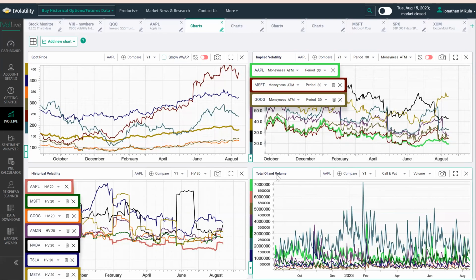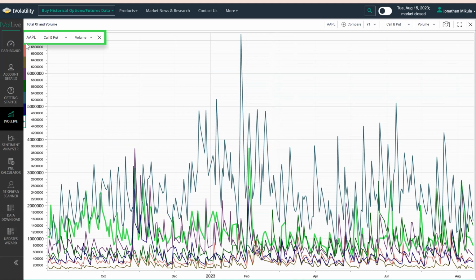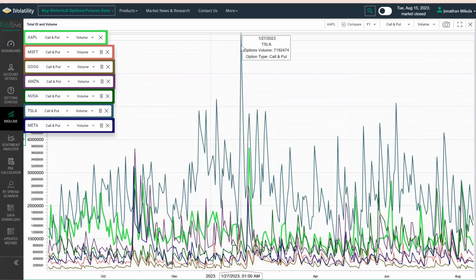And then we have our total open interest and volume. This is another popular chart our users like to use. Again, what these lines symbolize is call and put volume for our peer group here. So you can see there's a giant spike in Tesla volume on this day. That was January 27th, 2023. So you could go back on a calendar and see what happened with Tesla on that day. It was probably an earnings announcement or some kind of lawsuit or judgment award that led to that huge spike